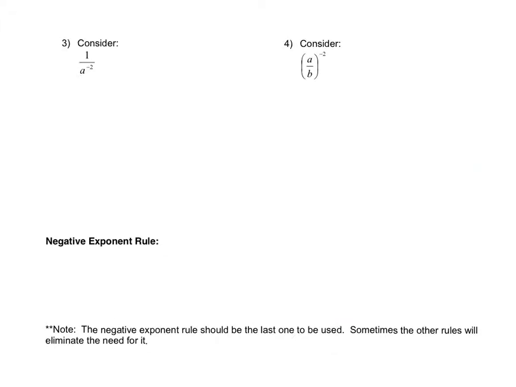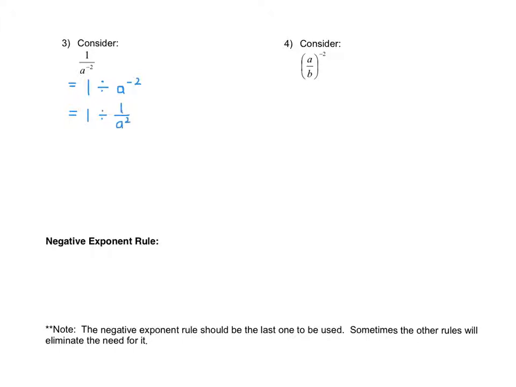All right, consider 1 over a to the exponent negative 2. What we're going to do with that, that's the same thing as 1 divided by, so that division fraction line is really the line and 2 dots, 1 divided by a to the exponent negative 2. So I'm just rewriting it in another form. That's going to equal 1 divided by, and we just figured out that a to the negative 2 is the same thing as 1 over a to